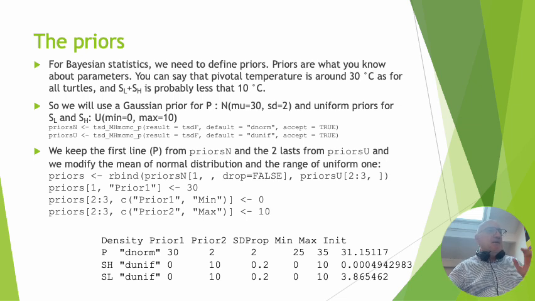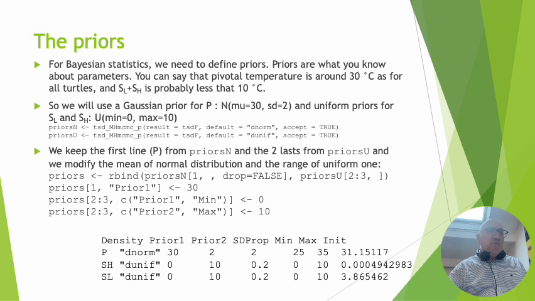We say that prior 1, this is the min of uniform distribution, is 0. For the same line, prior 2, this is the max of uniform distribution, we say it is 10. And we say that the average of the normal distribution for the prior of P is 30